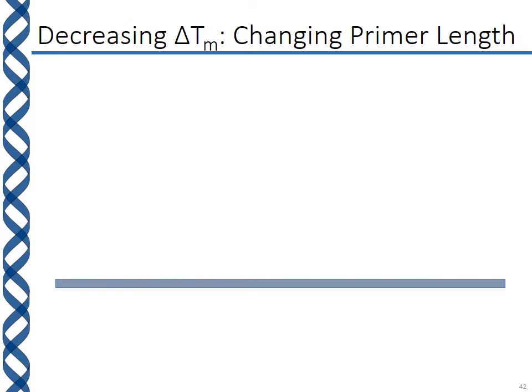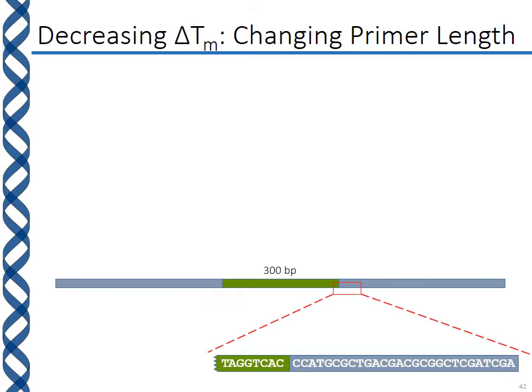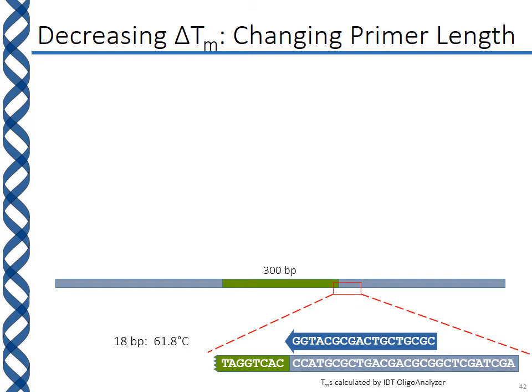So now let's take a look at the other method of decreasing the delta TM, which is changing the primer length. So say we have this example DNA strand, and we have a 300 base pair sequence in the middle that we want to amplify. And so we design our primers to sit immediately outside our region of interest. And so this is 18 base pairs outside, and this primer has a TM of 61.8 degrees,